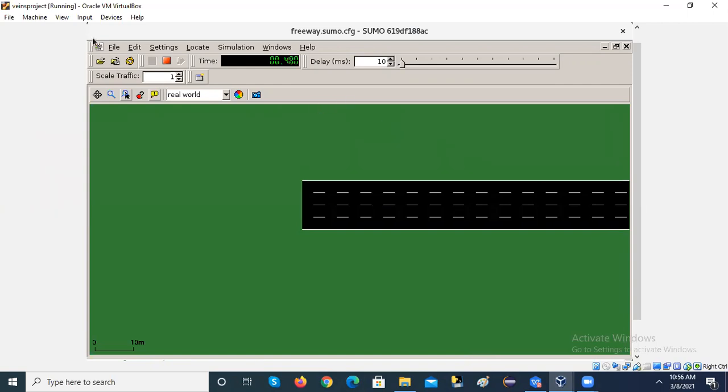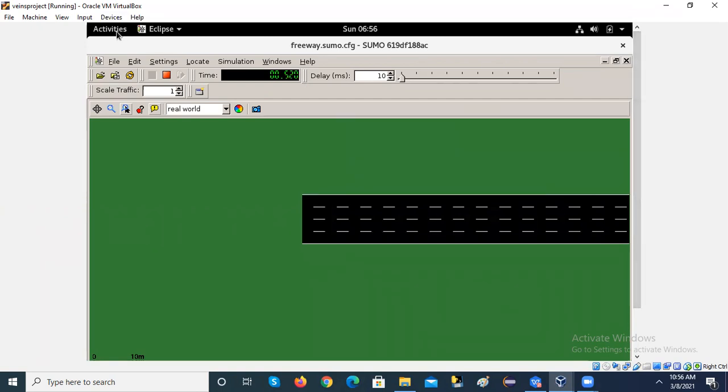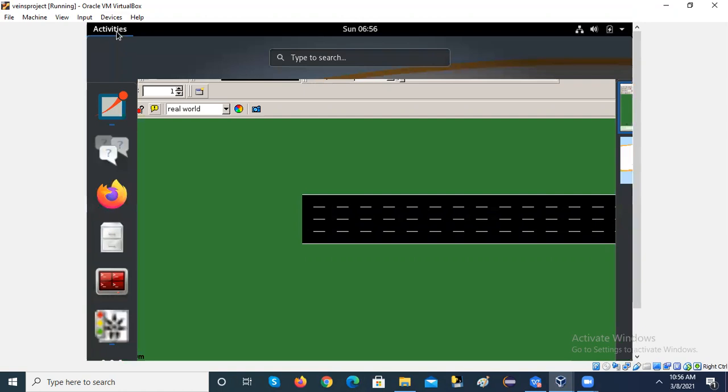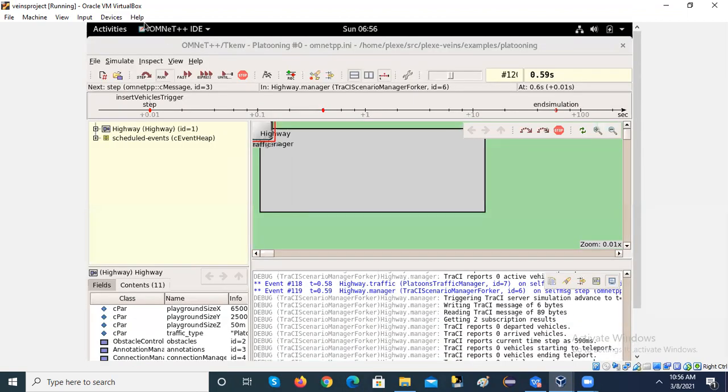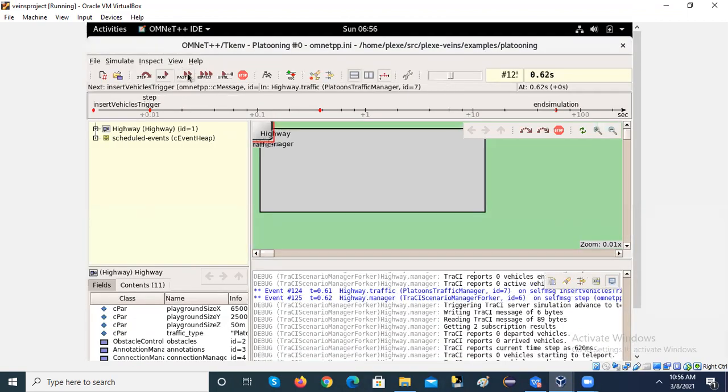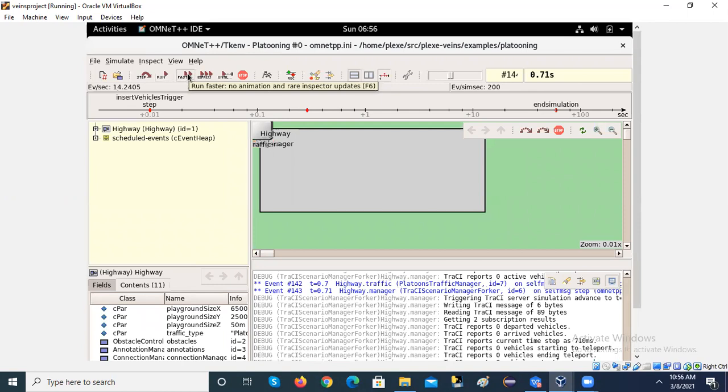So we can again go into activities. We can run fast. After running fast, we can see the movement of vehicles.